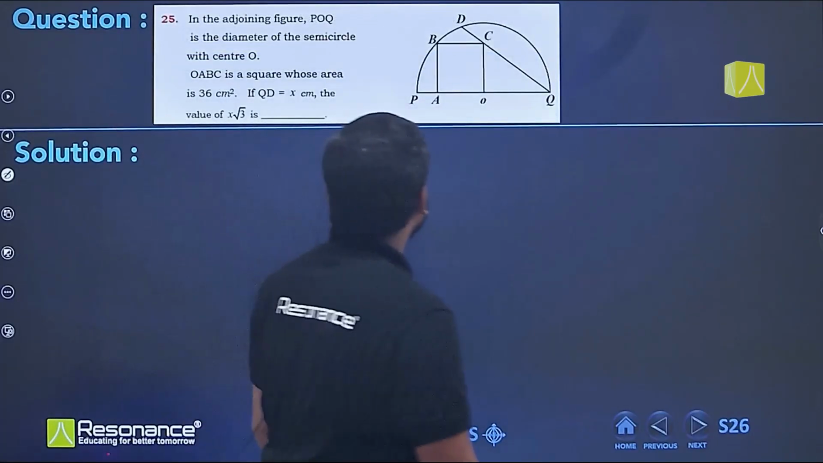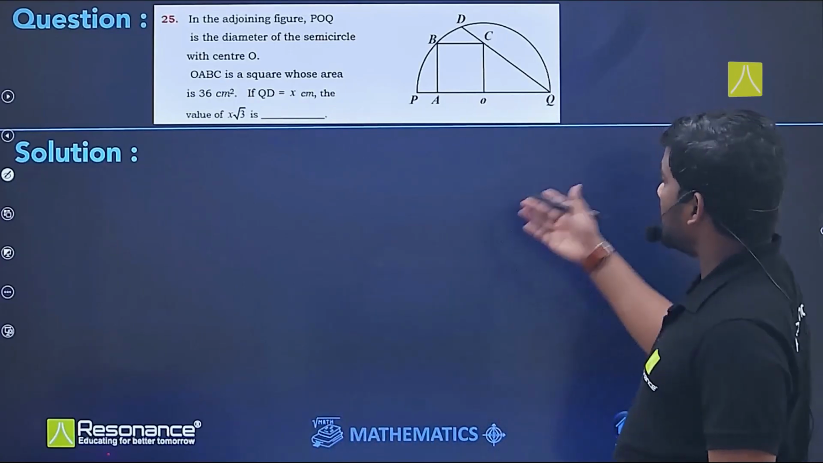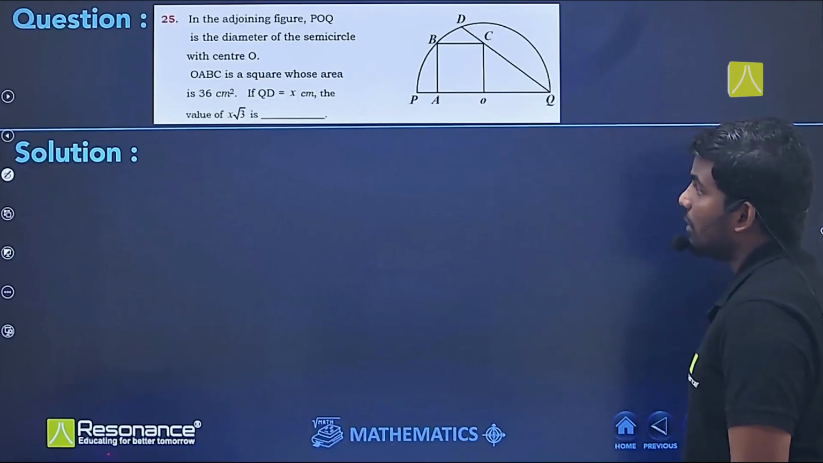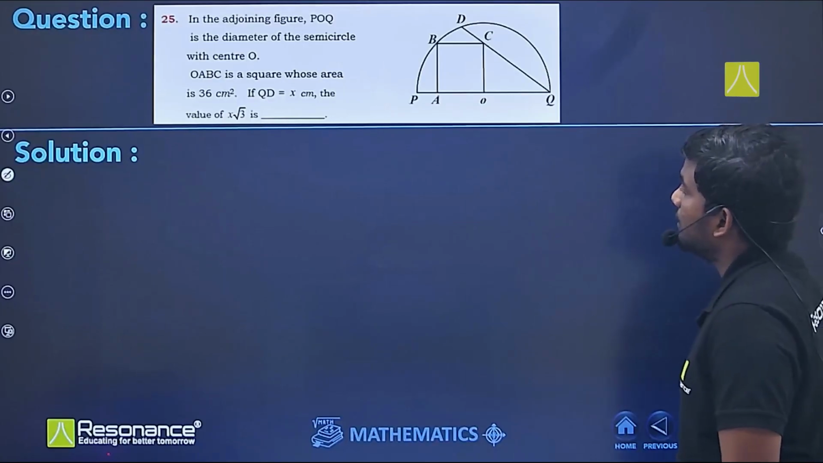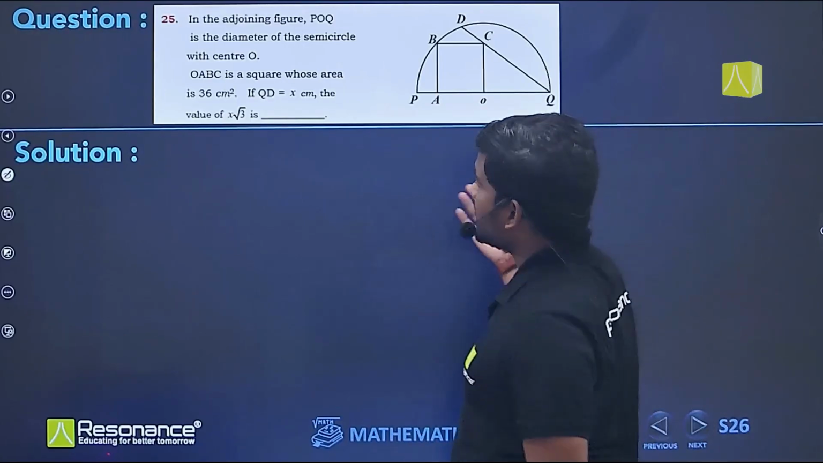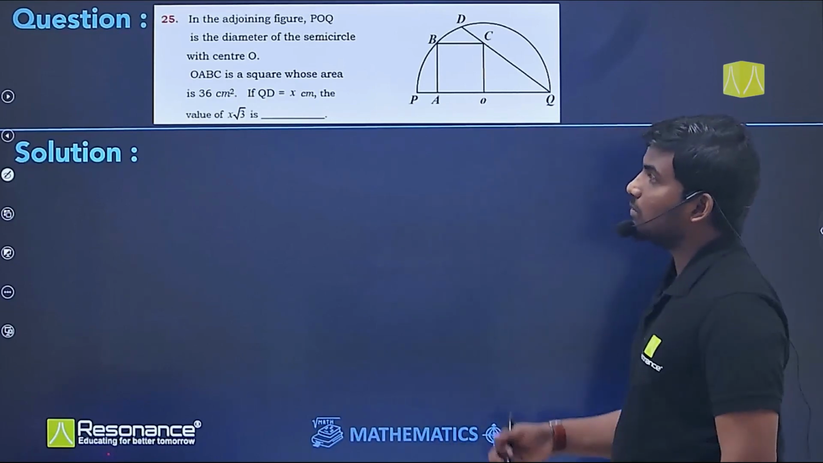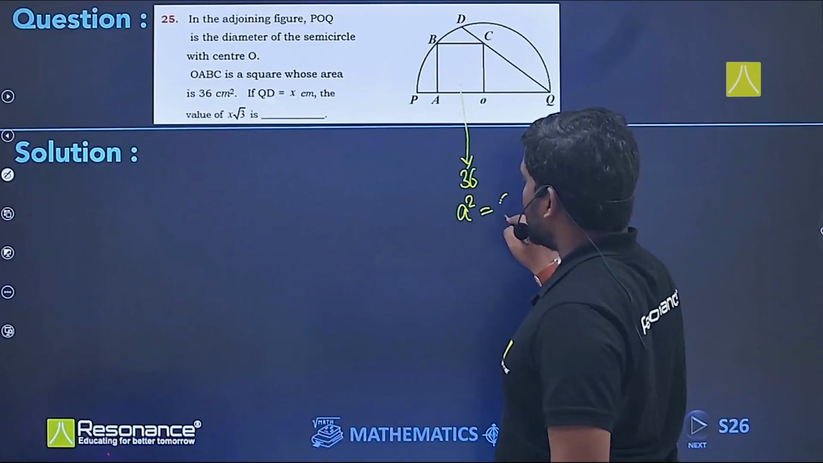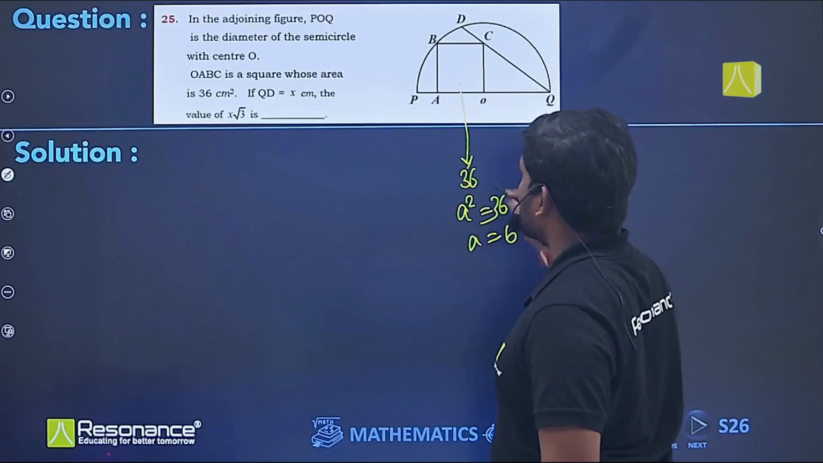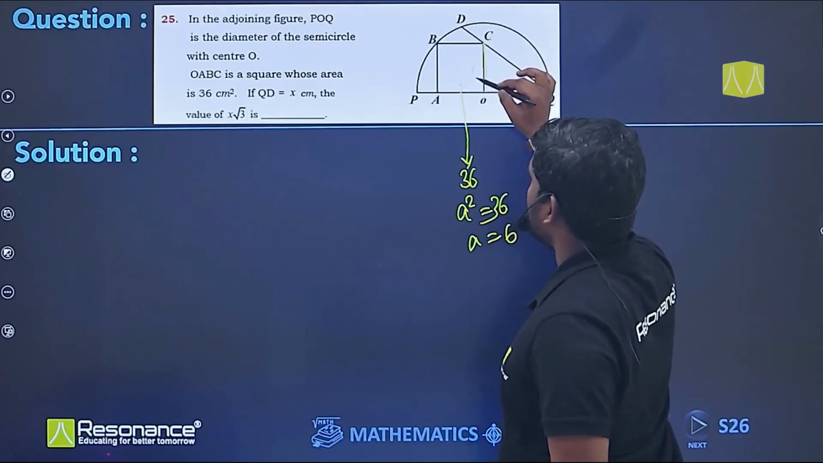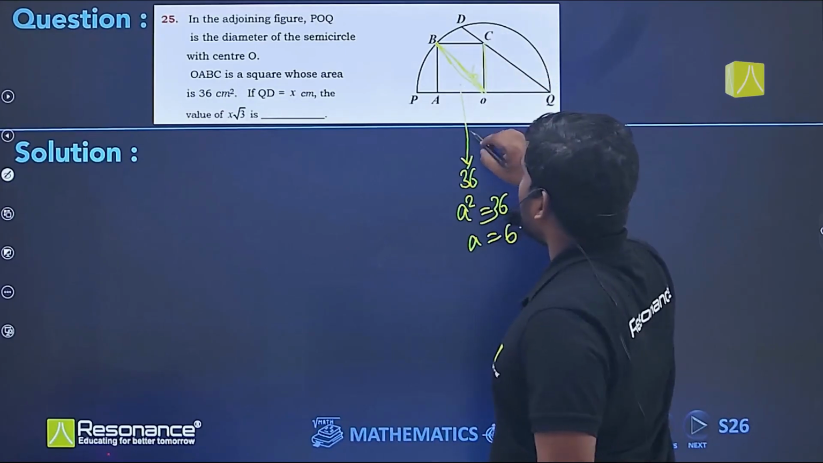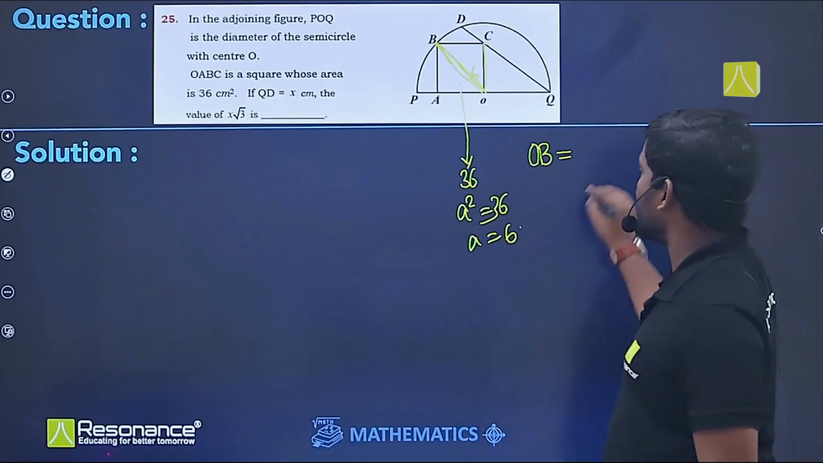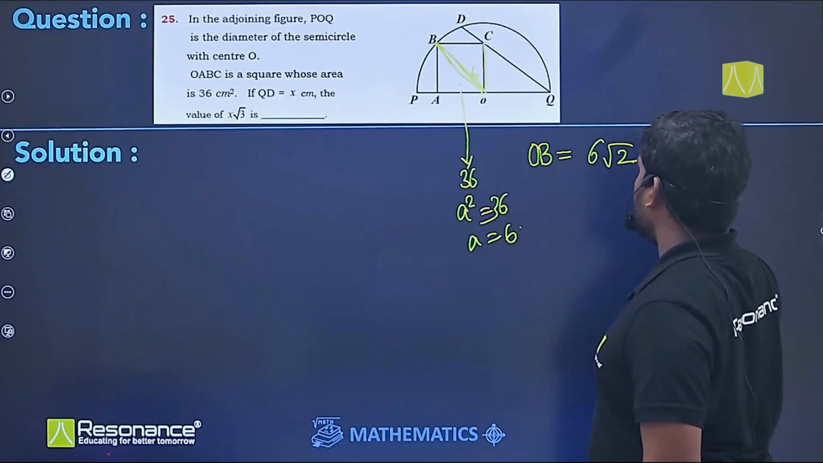Now in this adjoining figure, POQ is the diameter of the semicircle with center O. OABC is a square whose area is 36. So if this area is 36, a square equal to 36, so a equal to 6, and if this part is 6, OB will be what? OB is obviously the diagonal, so that's 6 root 2,